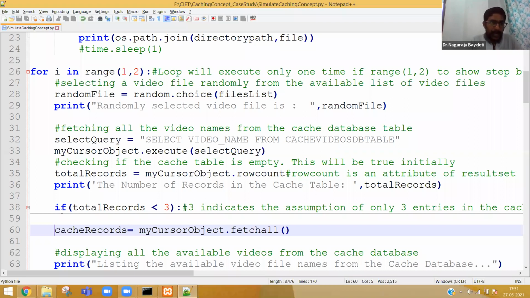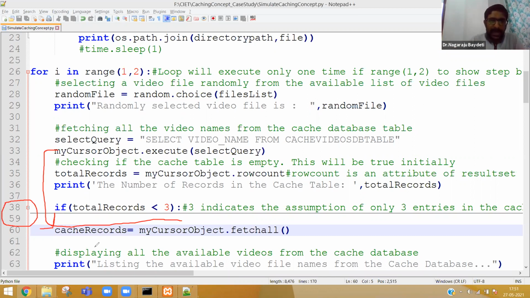Everybody please observe, I have hidden the if condition. In case anybody is not familiar with Notepad++, I minimized line number 38 to 58. That is part of the if. So this cache records line will get the answer from this query. It is line number 60 onwards. It is out of the condition in the if, but it is still part of the loop only.